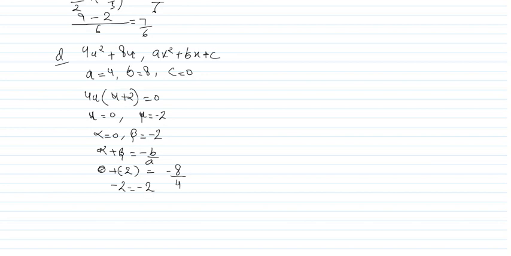Alpha times beta, alpha is 0. So anything multiplied by 0 becomes 0. So that is 0 on the left hand side. On the right hand side c is 0, so that is 0. So the relationship is verified. Okay, so let's try to solve one more that we were supposed to solve, that is